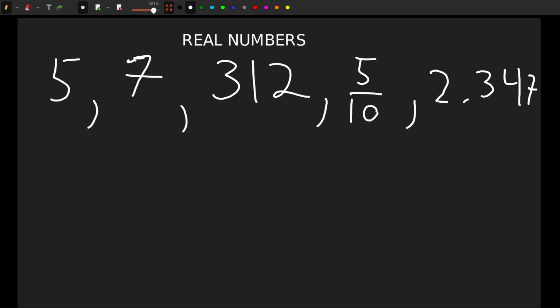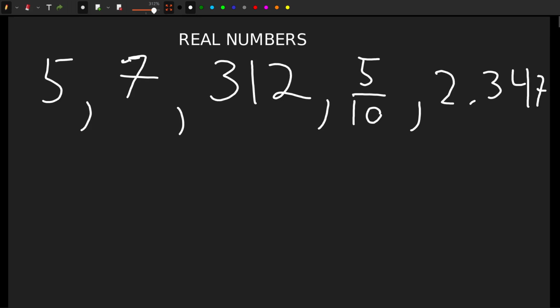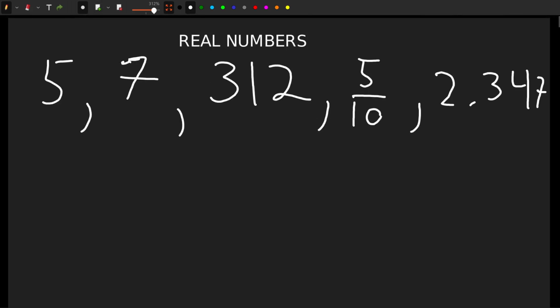Now the real number system is made up of several other number systems such as the natural numbers, the whole numbers, the rational numbers, and the irrational numbers. So we'll move on to one of the next systems here. We'll talk about the